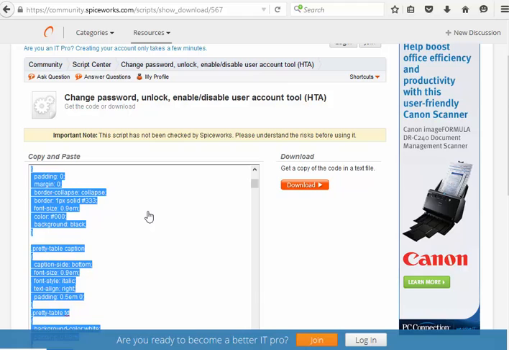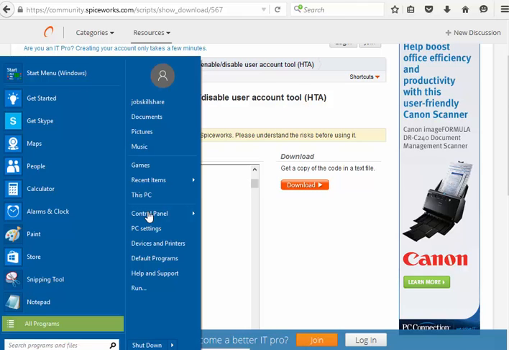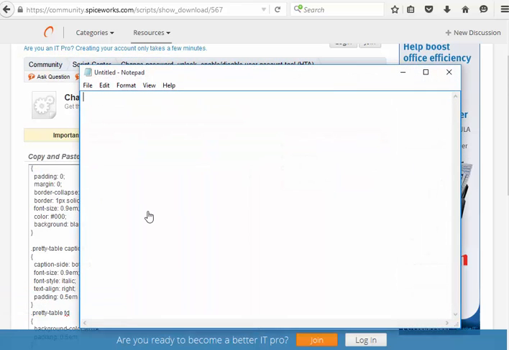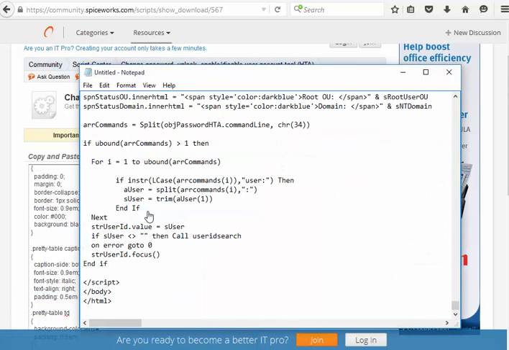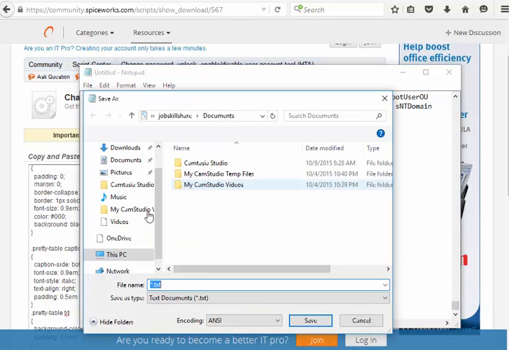So all you got to do is copy this, go to your notepad, right click, paste that code, and save as. Let's say I want to save this in my documents.